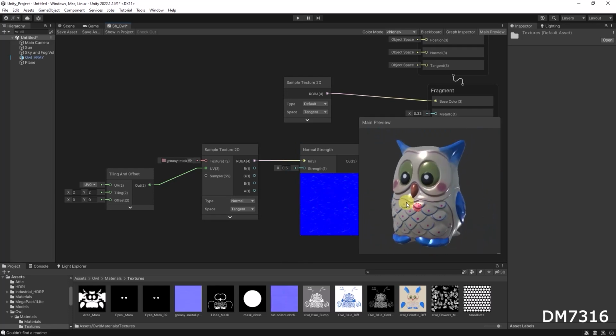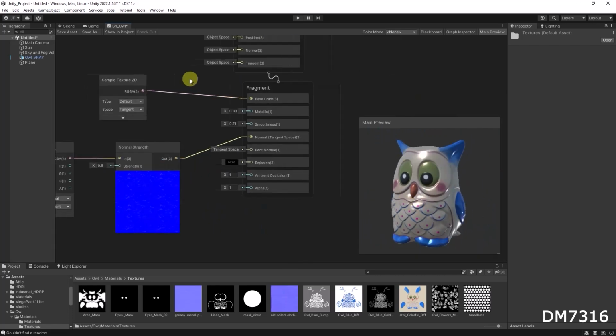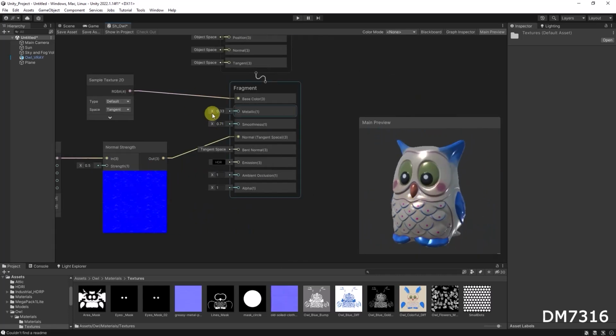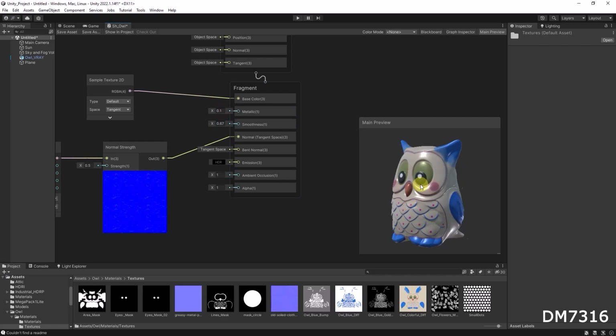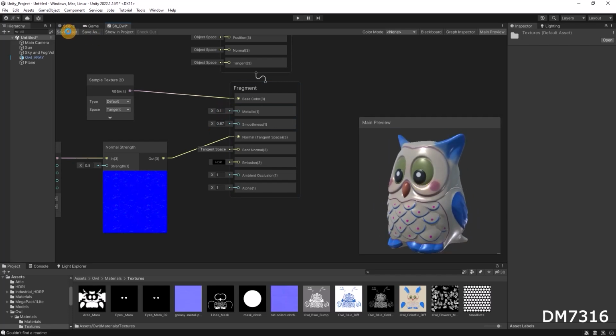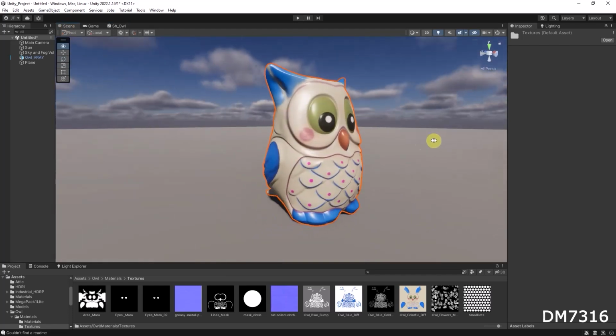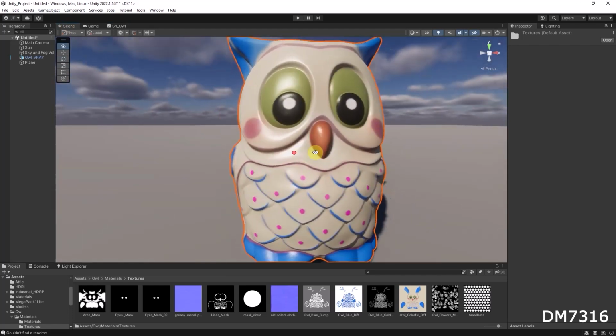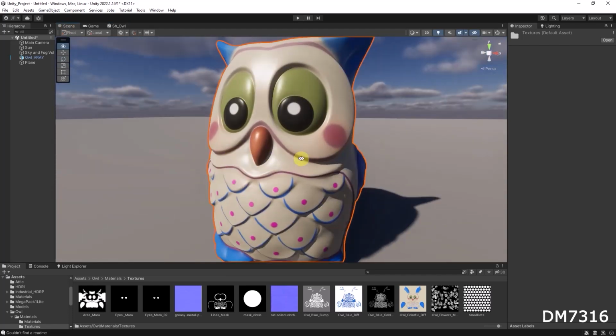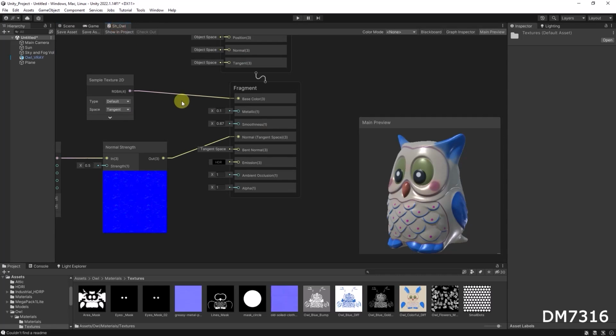So here I have my object. Of course I can readjust the smooth or the metal. I will put it like that. Okay, so I have my object final. I save, I check the scene, and it works. Okay, so the thing is, here you have your